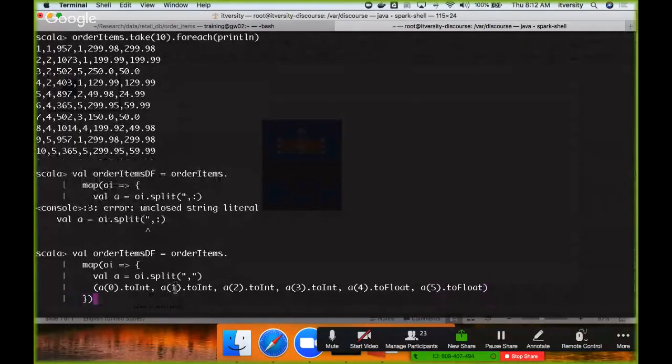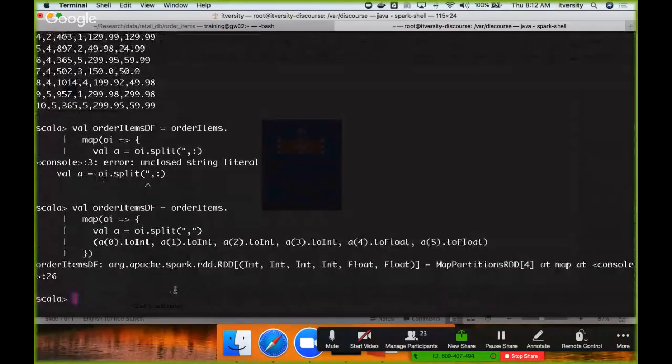Now I'm closing this curly bracket and circular bracket. So if I do not use any other API, it will just create an RDD, and each element in that RDD is of type tuple, and that tuple has 6 elements. Okay. To create a data frame out of this,